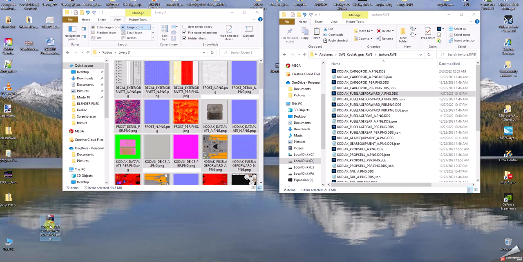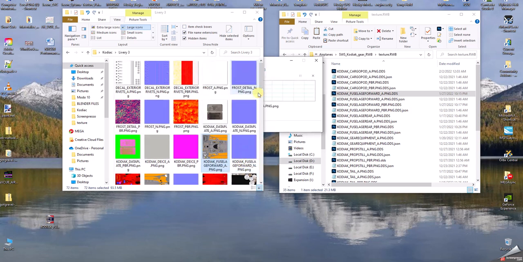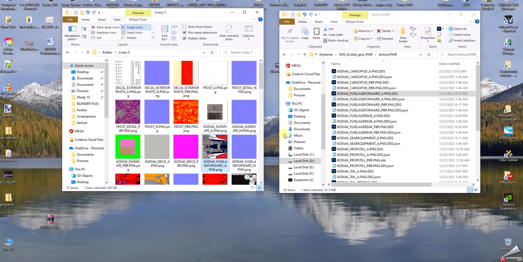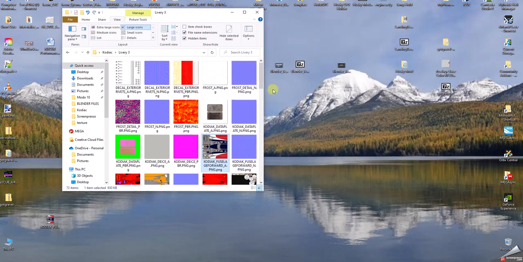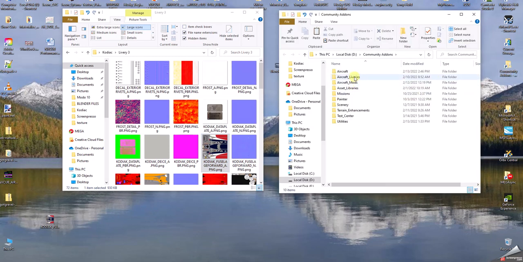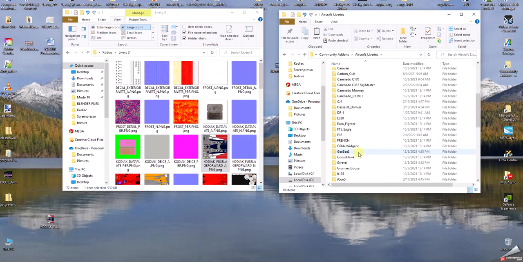Just like that. Now I can take this file and copy it into here, or move it in there, whatever you want to do, and replace it. If I had it set up right, and I don't have all this set up right, so I can't do it right now, I could open this setup and I would have those files in there, and I could work on that and change it. Once I change this, and this is how I do it, other people might do it differently, it's just a matter of opening up that library file,